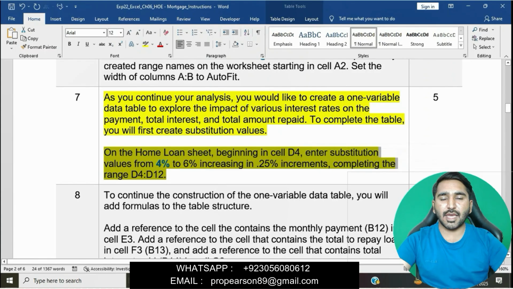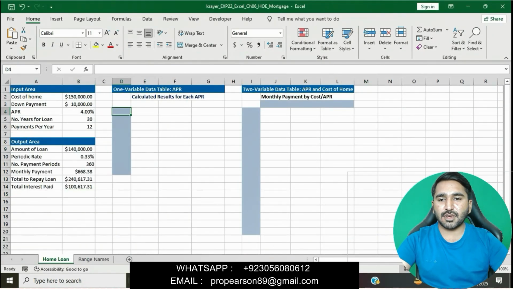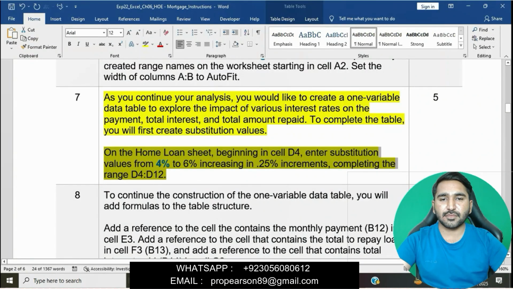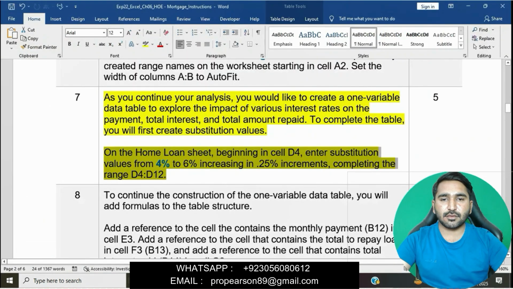We will go to the Excel workbook, on the home loan sheet, and then click on cell D4. Then 6% increasing in 0.25% increments, completing the range D4 to D12.